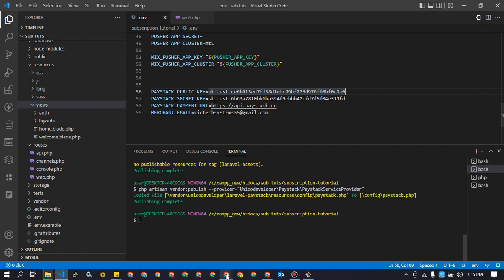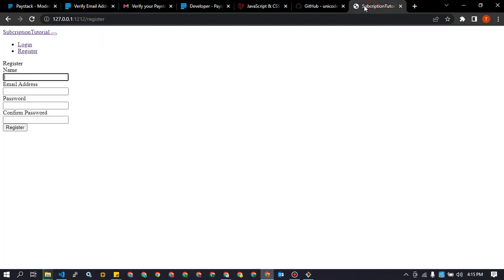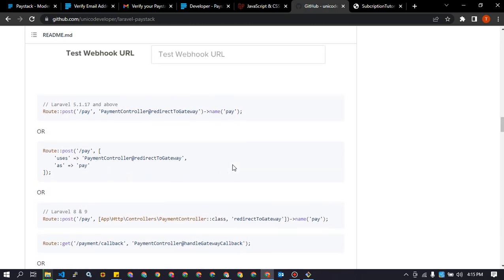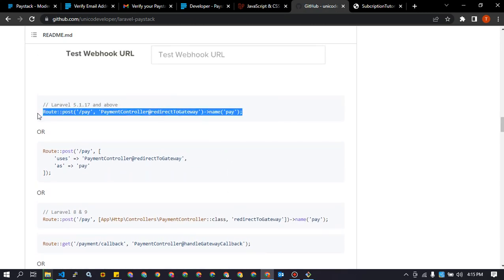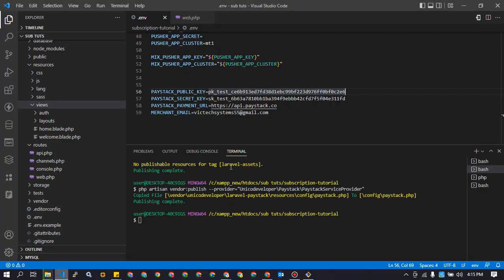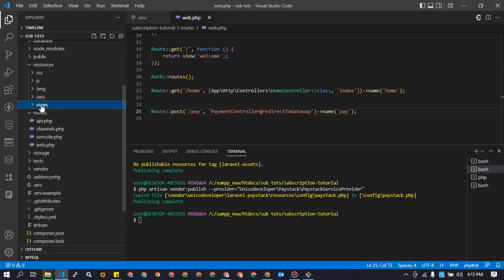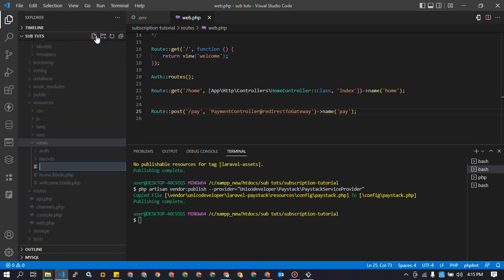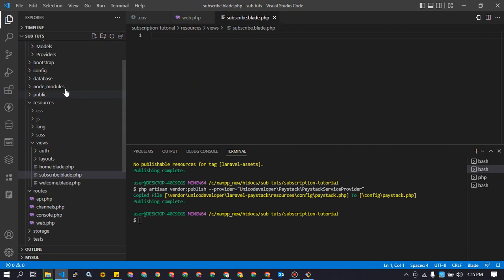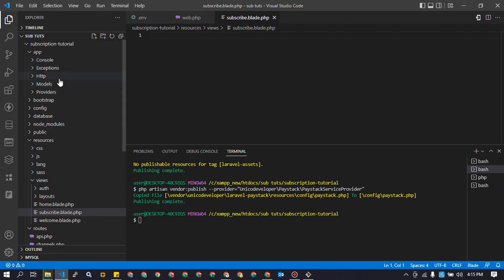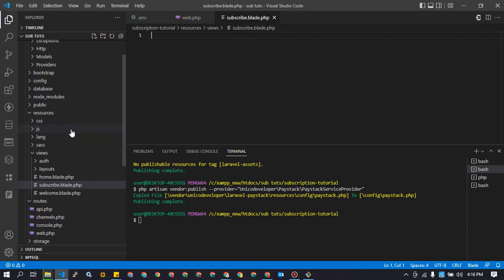Okay, so from the documentation, one of the next things we want to do is get this route. We want to implement this route in our project. This is the pay route. This is what is going to be called. And let's call this subscribe. Okay, so the subscribe page,